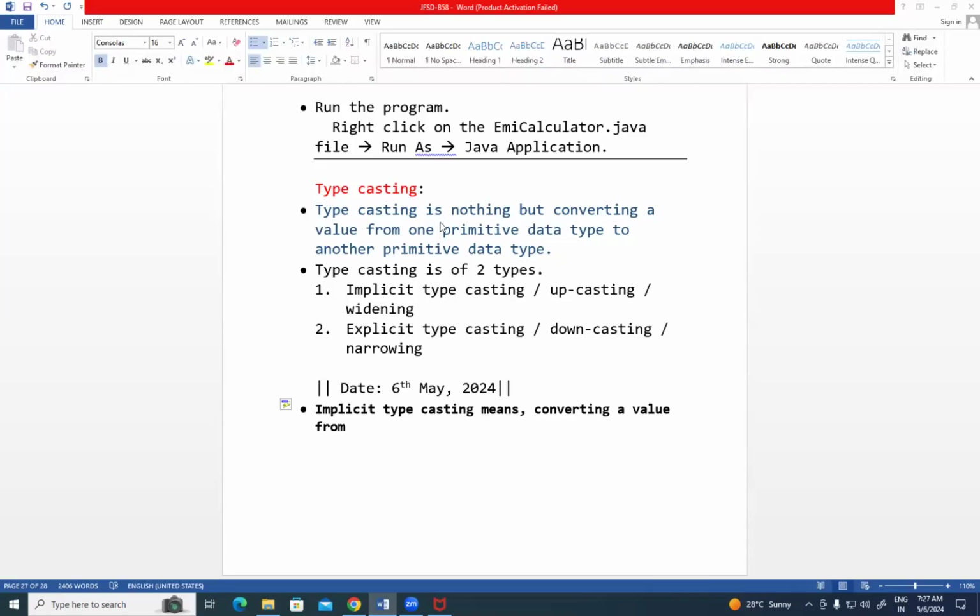So converting a value from one primitive data type to another primitive data type is named typecasting. But in that also there are 2 types. One is implicit and the second one is explicit typecasting. Now, folks, implicit typecasting means what? Converting a value from lower memory type to higher memory type. What does it mean? Converting a value from lower memory type to higher memory type is called implicit typecasting,